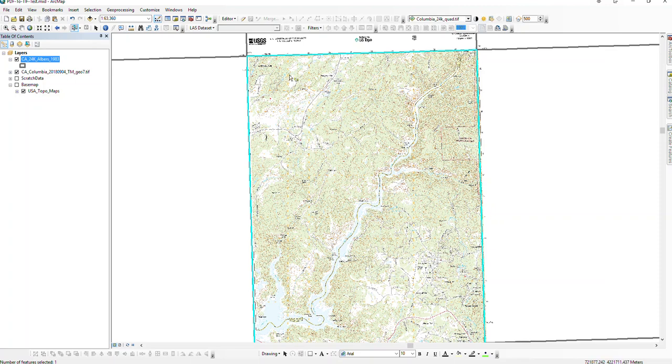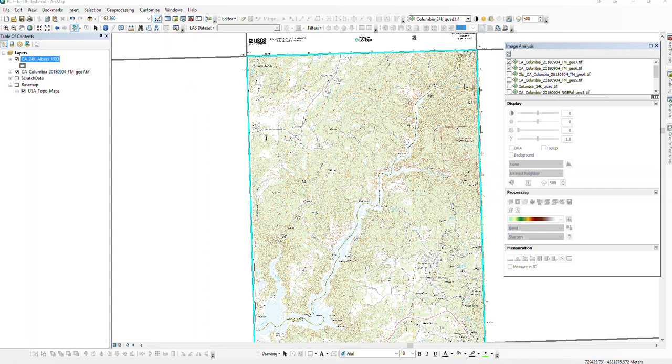So what we're going to do, and there are a couple of ways to do this, is clip the raster file, the quad, and there's also a clip to raster tool, but we're going to use what's called the image editor, and that's under Windows, and go to Image Analysis,